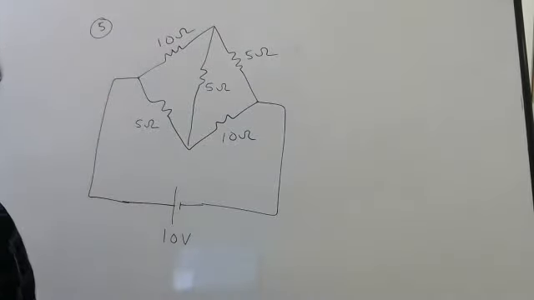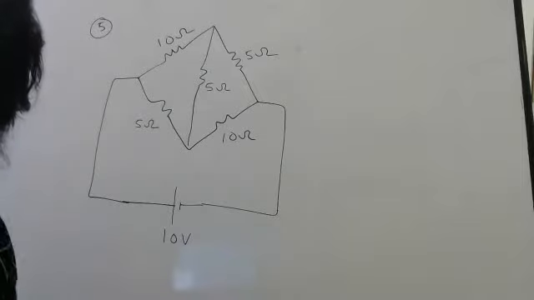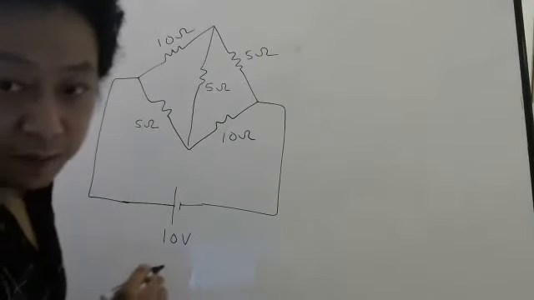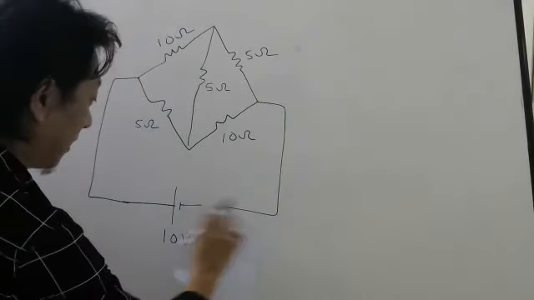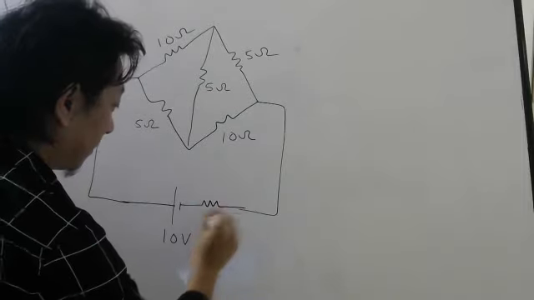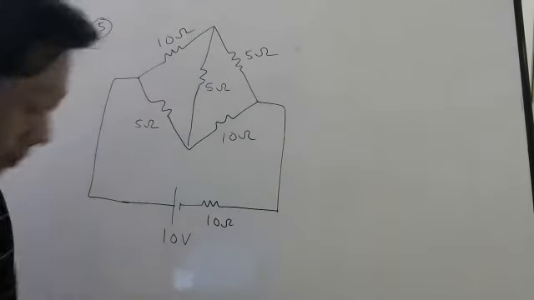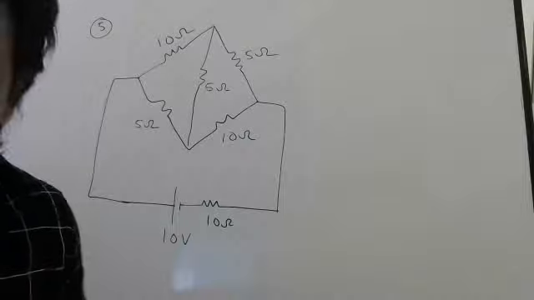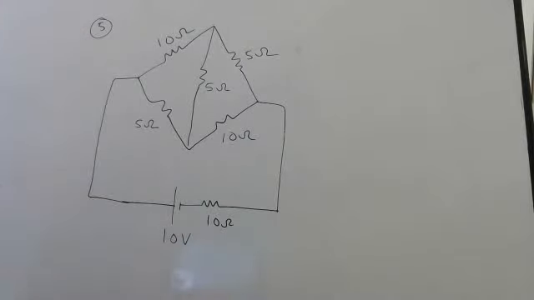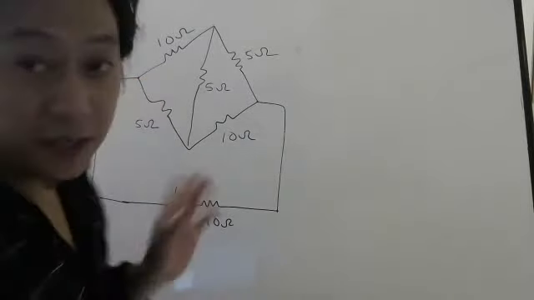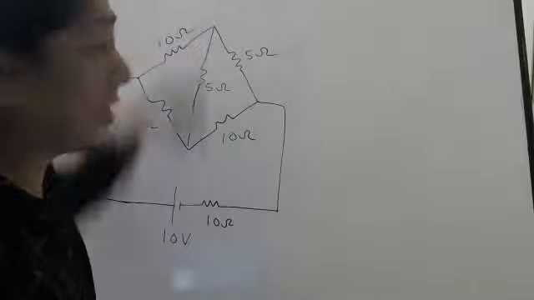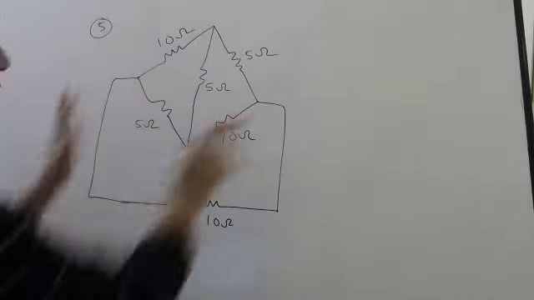Okay, so let us distribute current first. There is another 10 ohm resistor beside the battery. Here 10 ohm is there. So please understand first thing, that it doesn't matter, left side, right side. Now, first thing you check here, please understand that there will be some current here. So first we have to distribute the current.